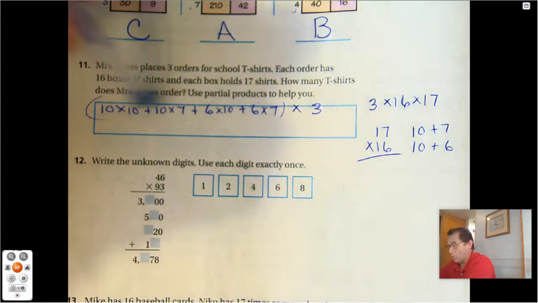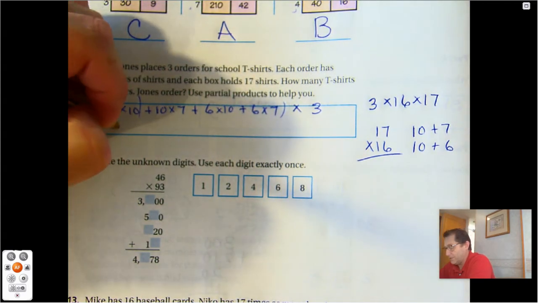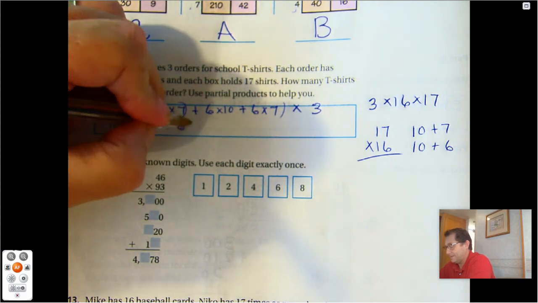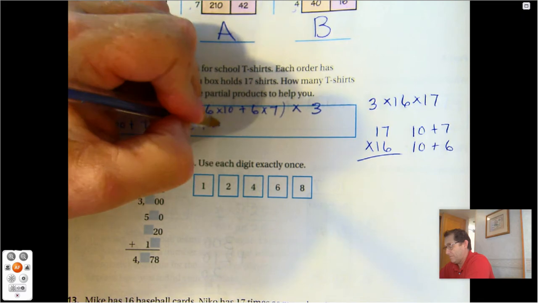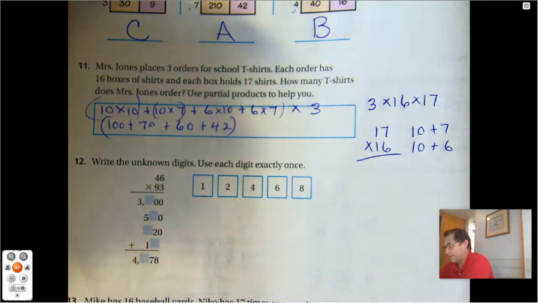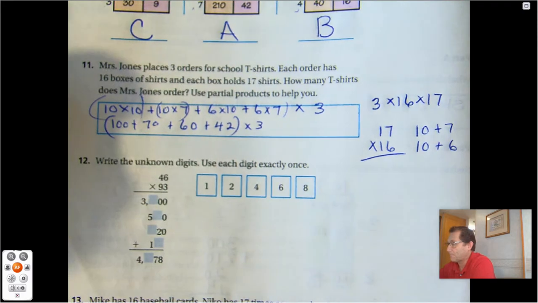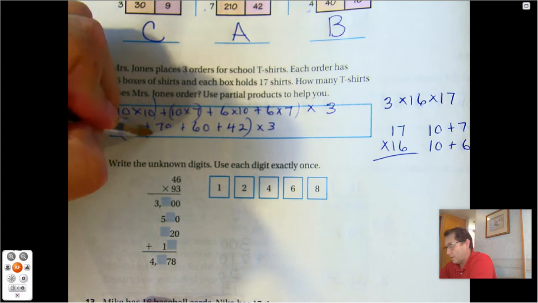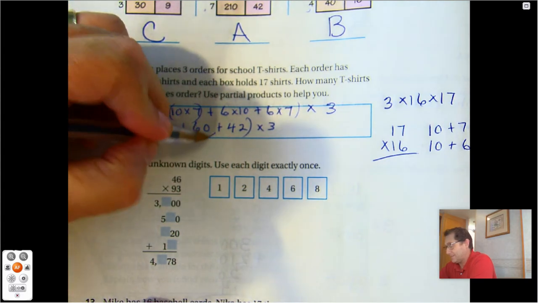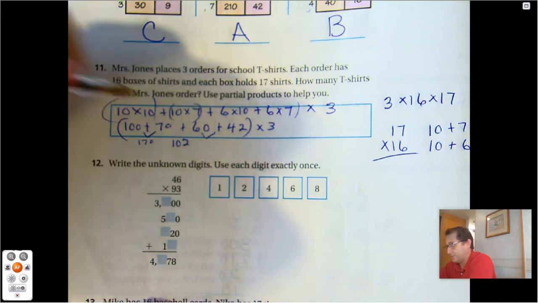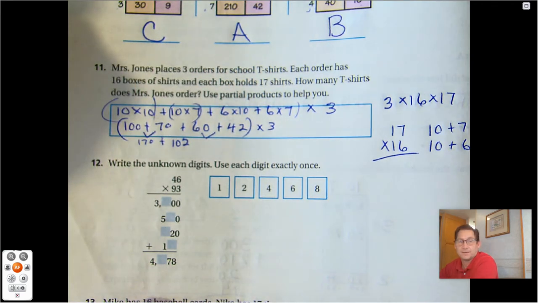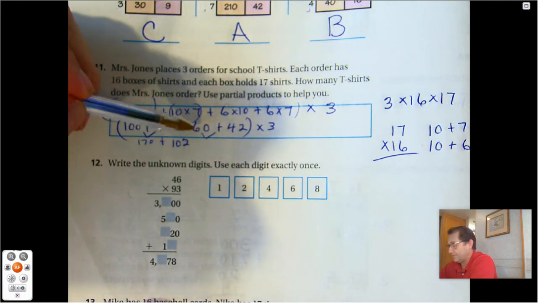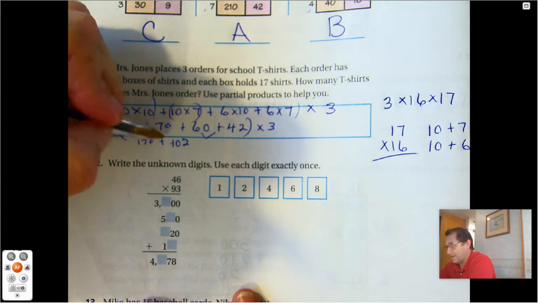10 times 10, 100. 10 times 7, 70. 6 times 10, 60. 6 times 7, 42. We're going to add those all together and then multiply by 3. So 100 plus 70 is 170. 60 and 42 is 102. Okay, I'm just combining these two to simplify them. 2 plus 0 is 2. 6 and 4 is 10. So 170 plus 102 is